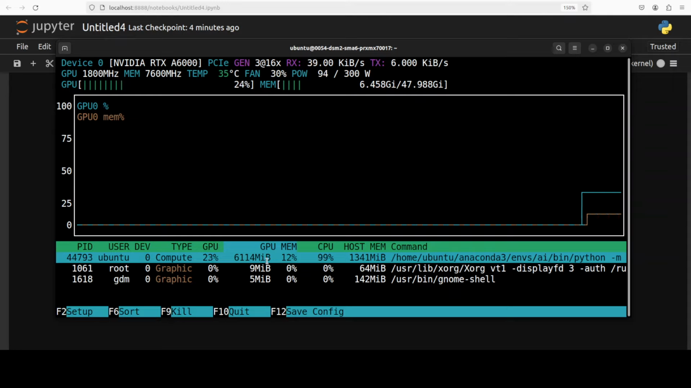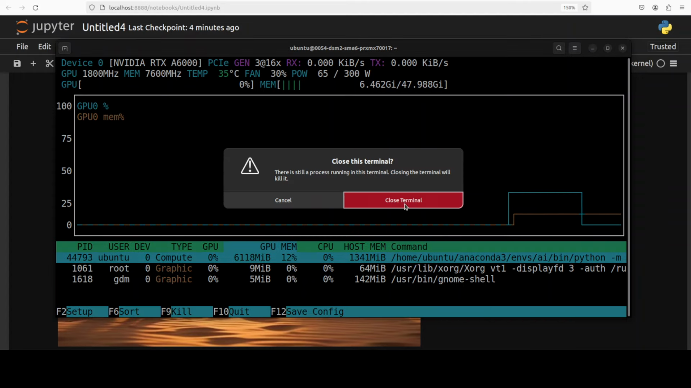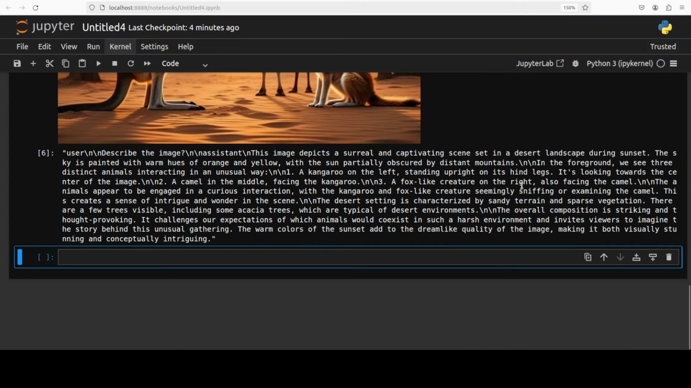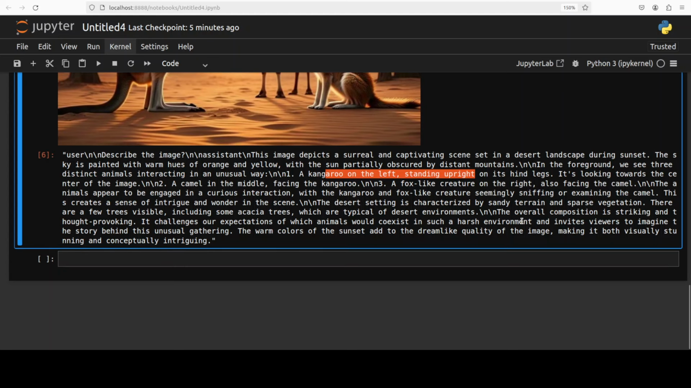VRAM consumption is also not bad, just over 6 gig. It is higher than Qwen's model comparatively, but I think not bad. Under 8 gig, which is good. There you go. So it is talking about the sunset, a kangaroo on the left, standing upright on its